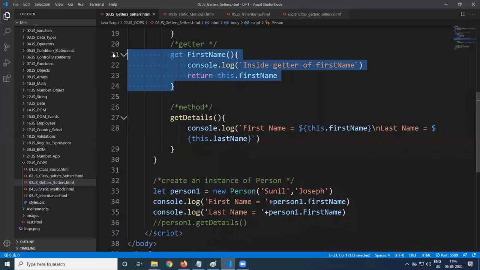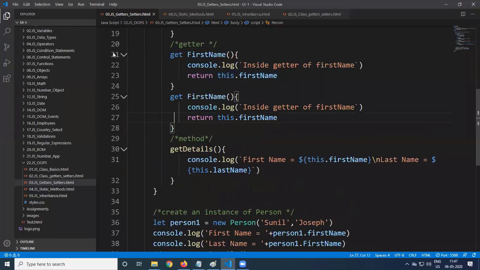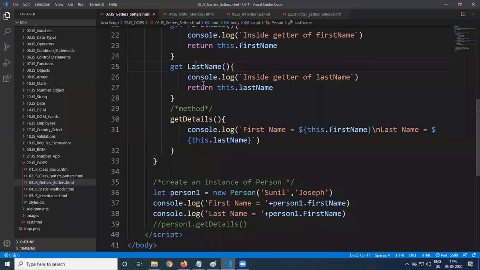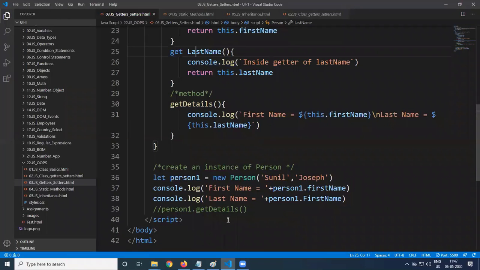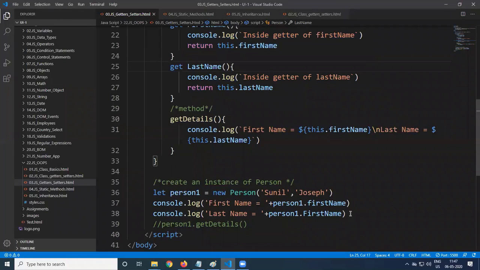How do you define the getter for last name? This is the way we define the getter for last name. So, L capital letter, inside getter method of last name. Return this dot last name. So, this getter method gets executed whenever you are accessing that property.